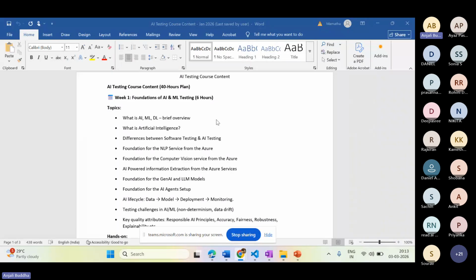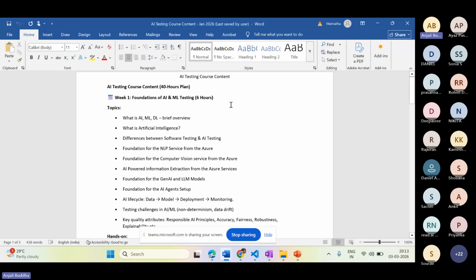Even if you're new to automation or if you're good with automation also, we are going to discuss some basics to the advanced. So anyone, even without automation knowledge or coding knowledge, we are going to take the content from the basic level to the advanced level. As we already discussed, we had planned for 40 hours of sessions.